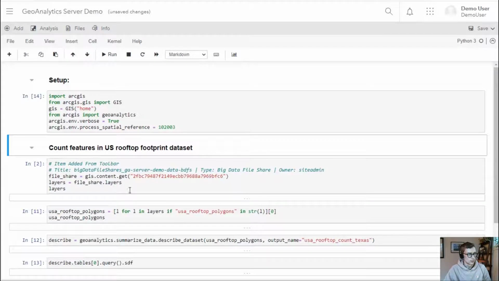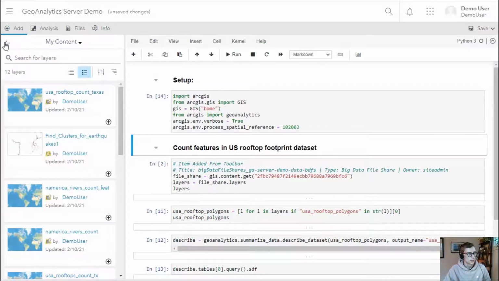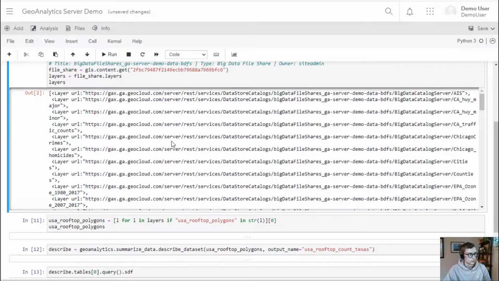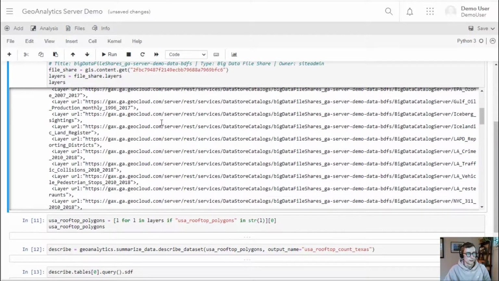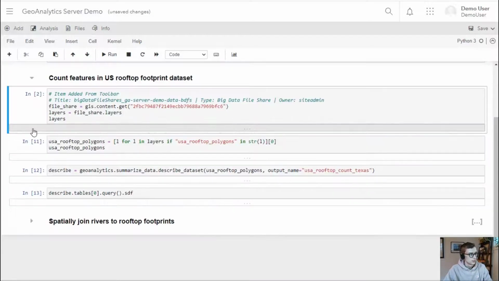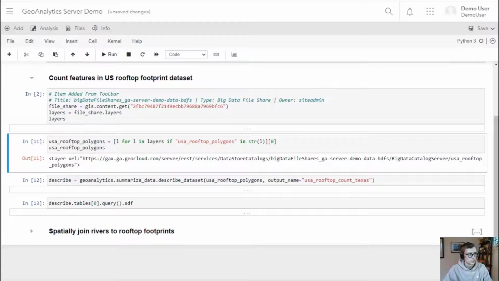Because the big data file share is treated like any other portal item, I can search for it in my contents pane and add it into this notebook. Then if I return the result, we'll see it's a list of all the data sets inside. I'm going to find the one that I'm interested in, the rooftop polygons, and there it is. Just to reiterate, this data is never being copied up to ArcGIS Enterprise. It's not living in GeoAnalytics Server. It's always going to be living in that S3 bucket that we registered